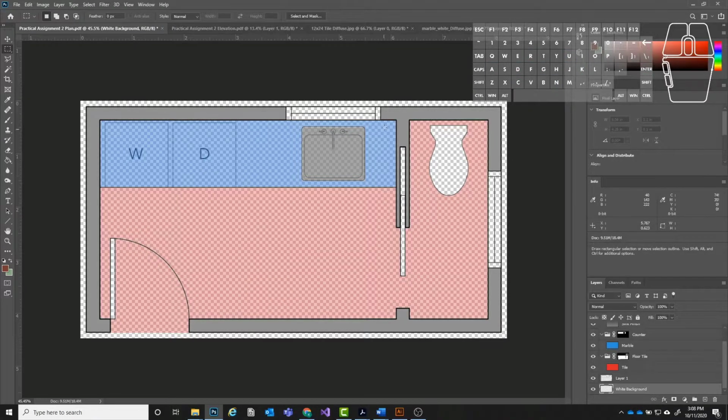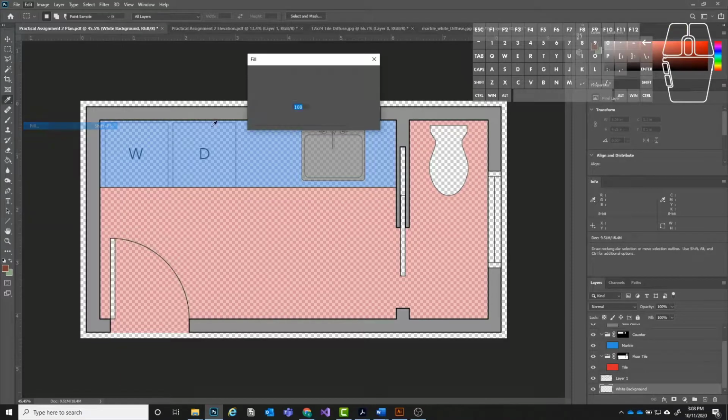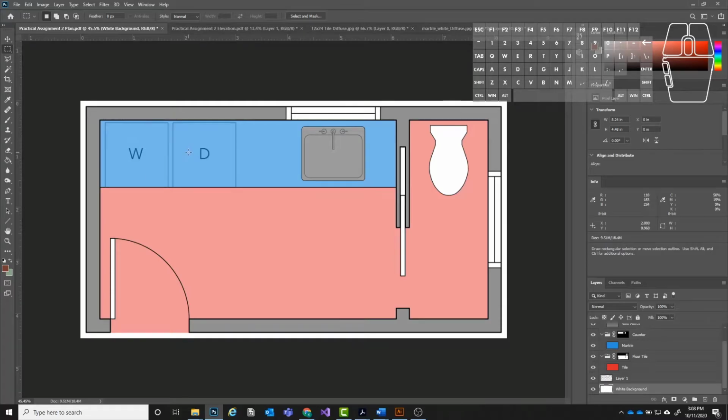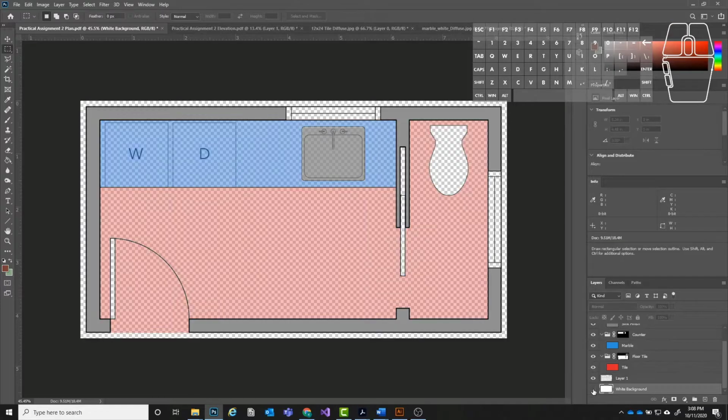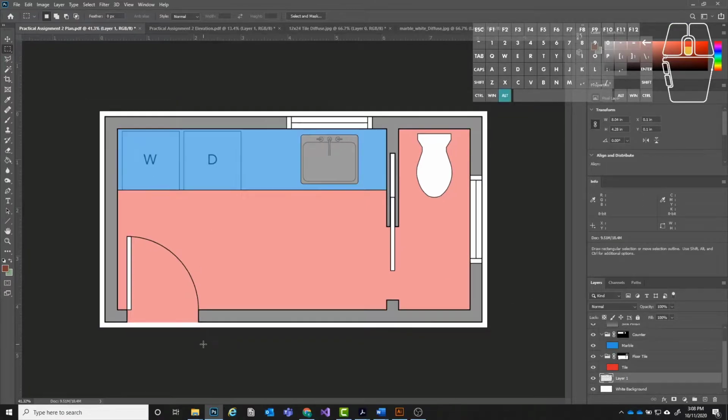Okay, and then I'm going to go to my edit and then fill, and then I'm going to fill that in with white. So now we get white sitting underneath everything, and we can read everything that's going on a lot better. All right, so before and after. That's a lot easier to work with. Okay, so now that we have our white background layer in,